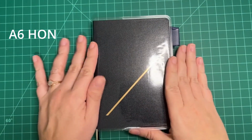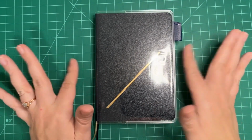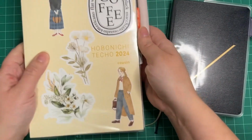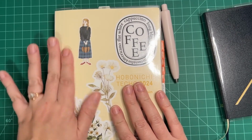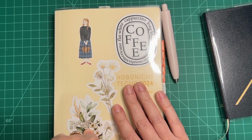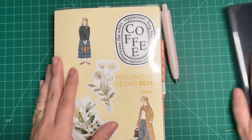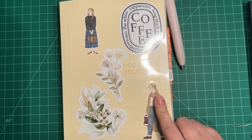All right, next we have my A6 Own. I had an A5 Cousin, let me grab that, funny story. This is my 2024 work planner. I had originally intended to use this as my memory keeper for 2024, and there are actually a few pages in here of journal entries. But after a couple uses of the Weeks for work, I couldn't do it anymore. So at the suggestion of a friend, I turned my Hobonichi A5 Cousin into my work planner, and I went out and I bought